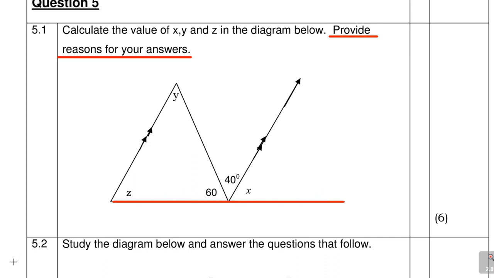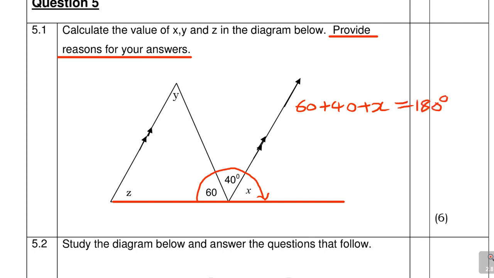And how are you going to calculate x? You are going to say here x. Remember, this is a straight line. Do you see the straight line? And what do you know about a straight line? The angles in a straight line. You must know that the sum of angles in a straight line, they add up to what? 180. Meaning, if you say 60 plus 40 plus x is equal to